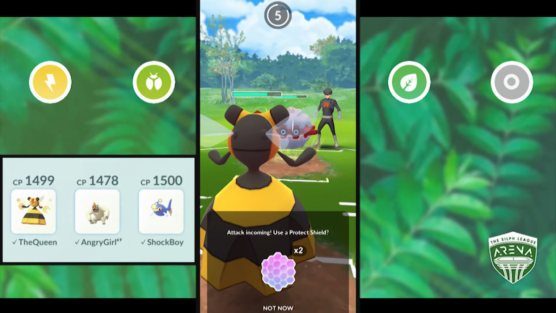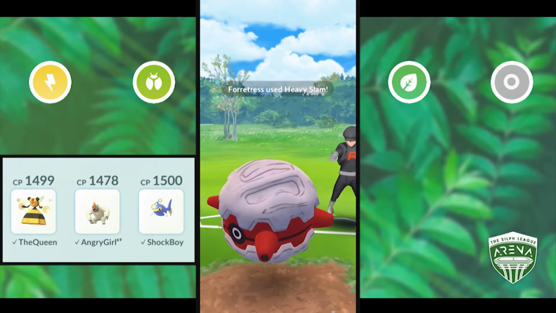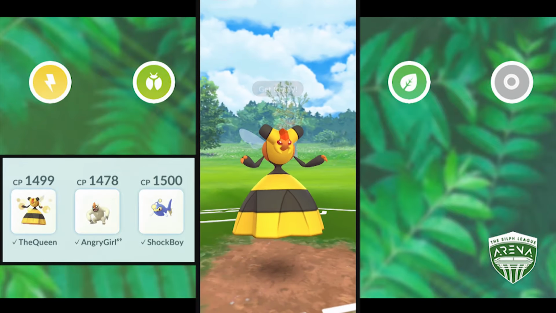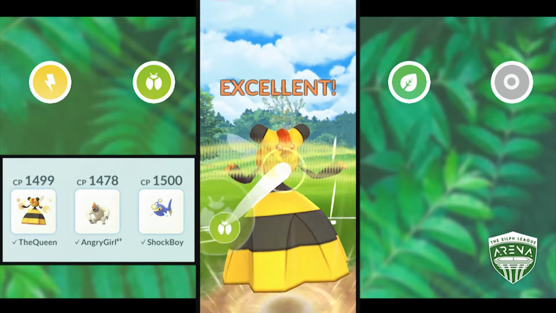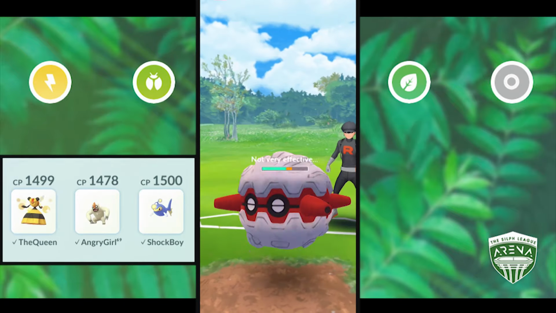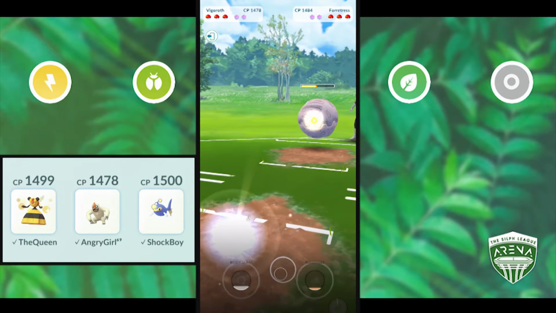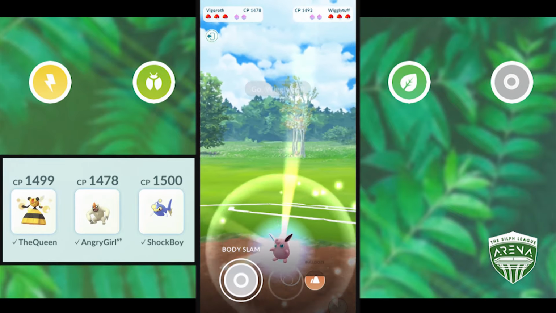a Power Gem, and I'm going to end up taking a Heavy Slam because Fortress's Heavy Slam does a good amount of damage, but Earthquake does very little damage. So I like the matchup between Vespiquen and Fortress a little better than Beedrill because Vespiquen's a little tankier and I can take a Heavy Slam from him. So I'm going to charge up to another X-Scissor after sending one, and then swapping in my Vigoroth and start